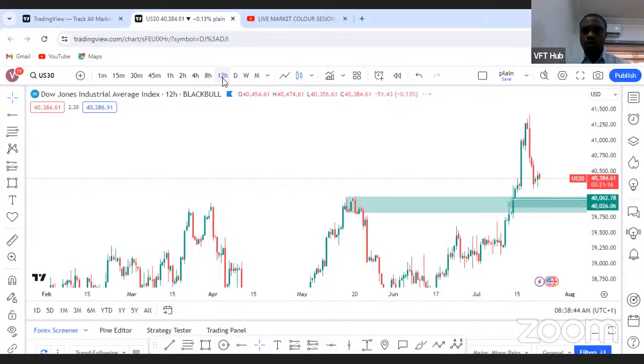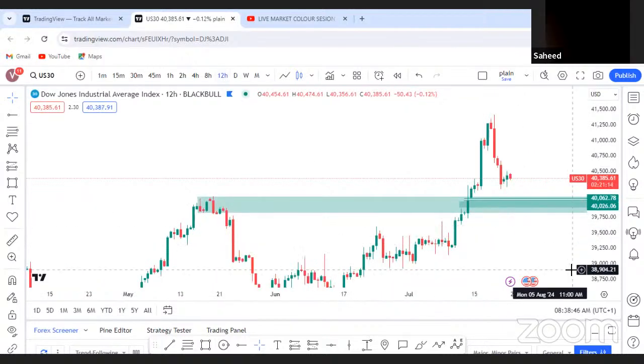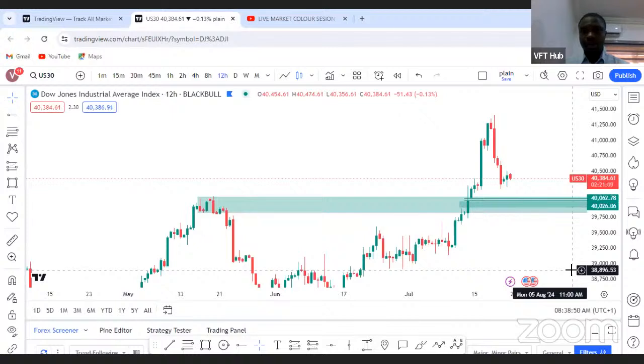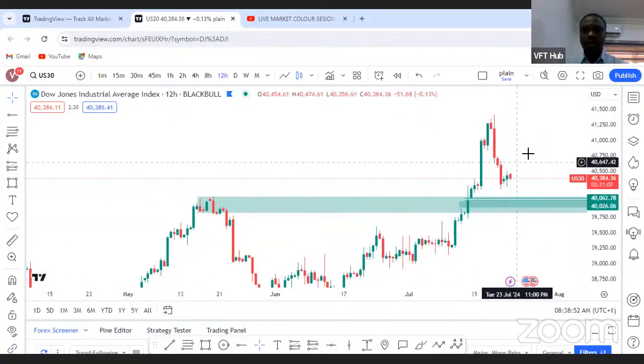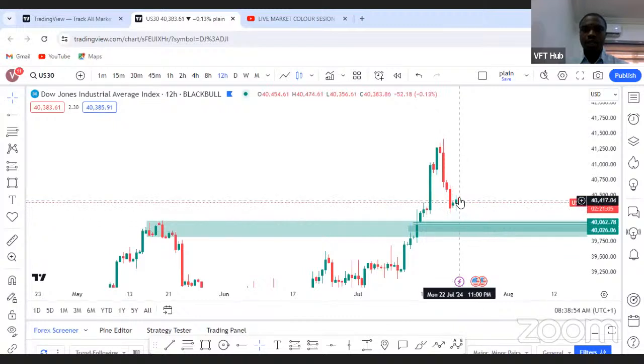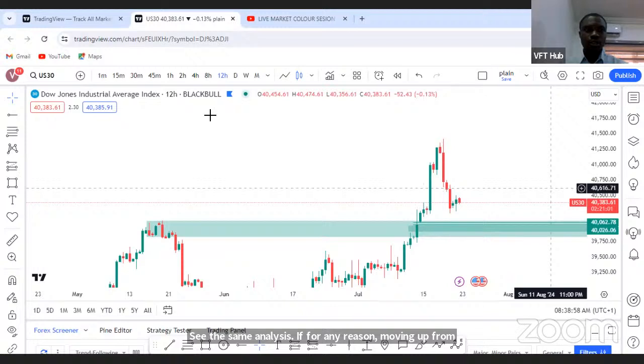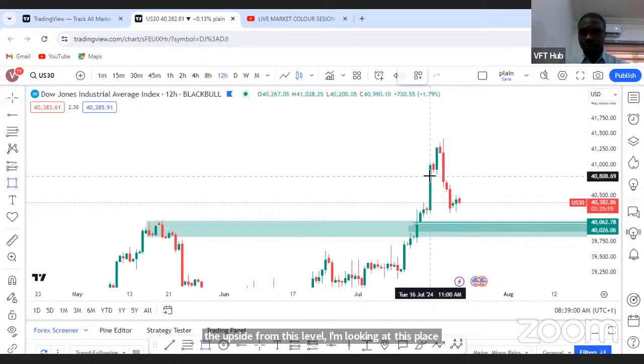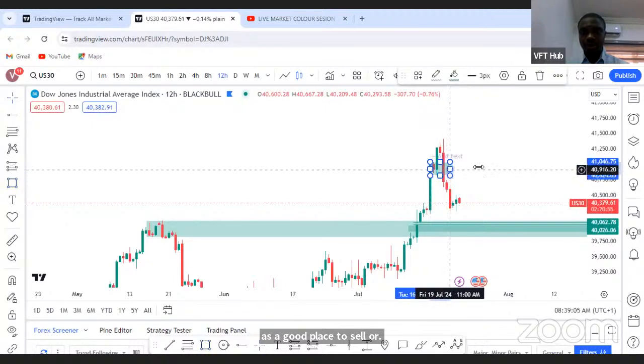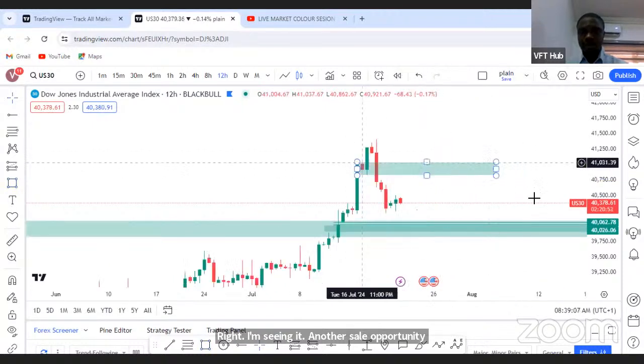On the 12-hour time frame, is there anything? No, it's still the same analysis that we are having. If for any reason price starts moving up from this level, I'm looking at this place as a good place to sell off from. I'm seeing another sell opportunity from here. This kind of breaker block